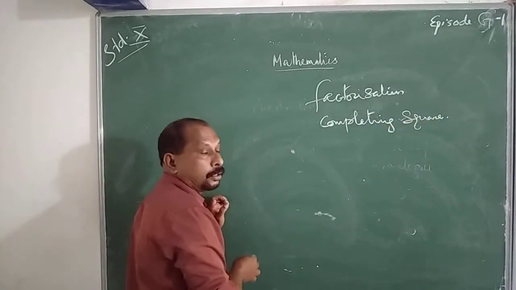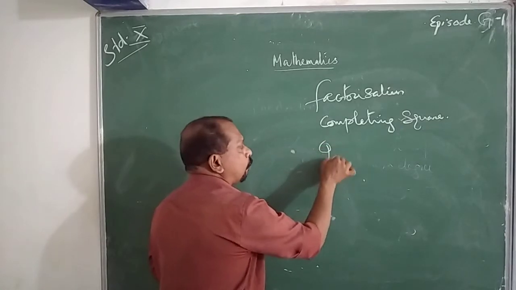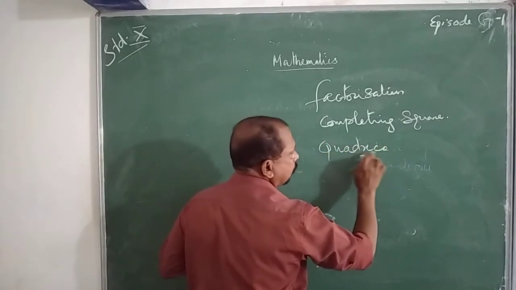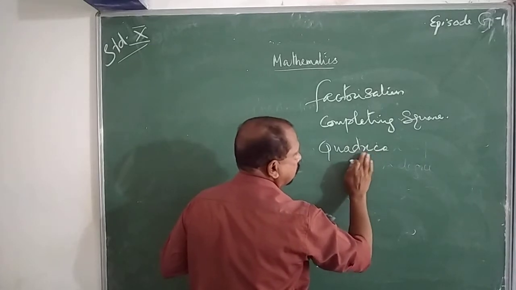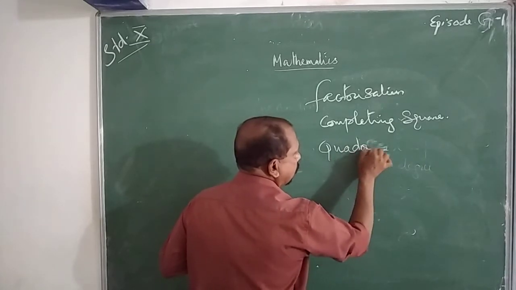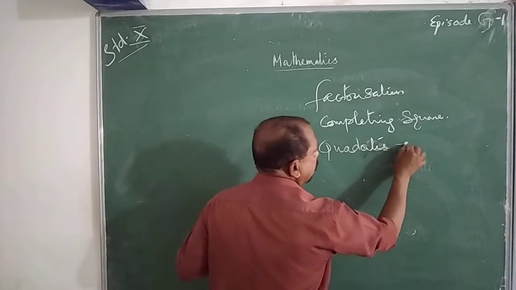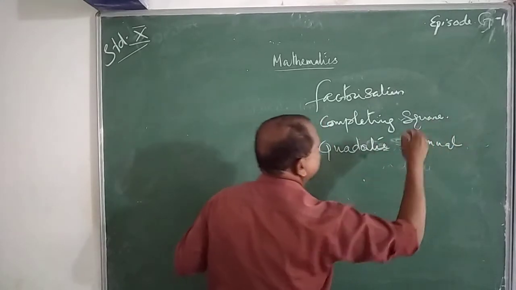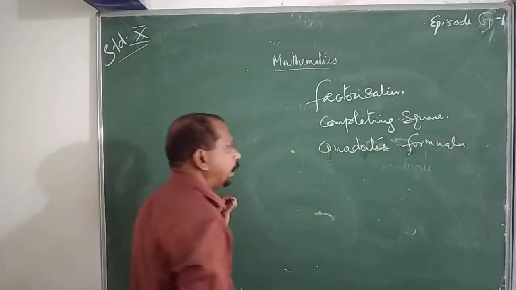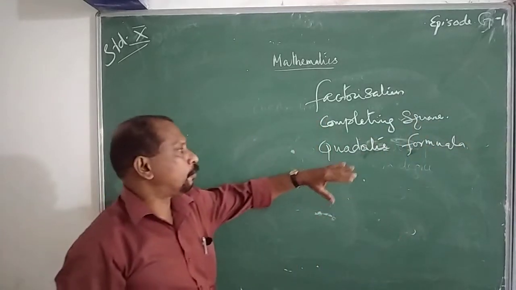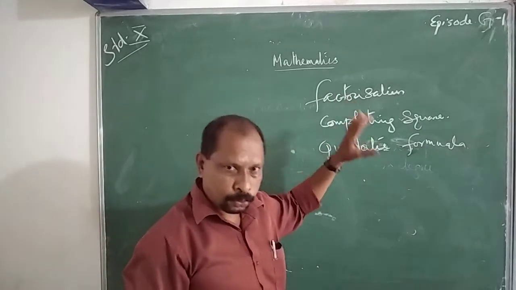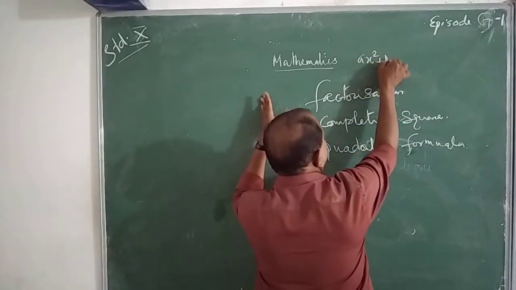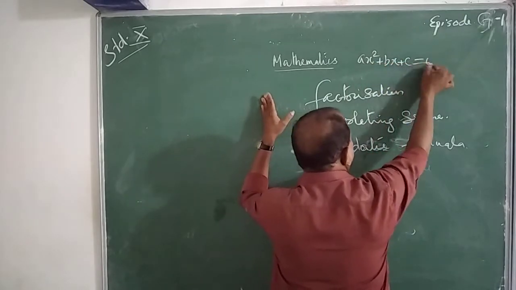Then the third one is we can find it by the quadratic equation formula. Then to find the solution or the roots of the quadratic equation, that is ax squared plus bx plus c is equal to 0,